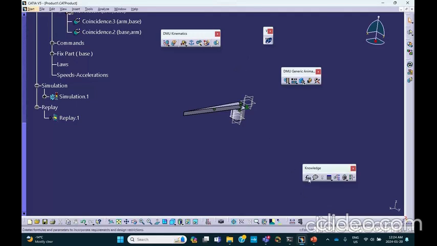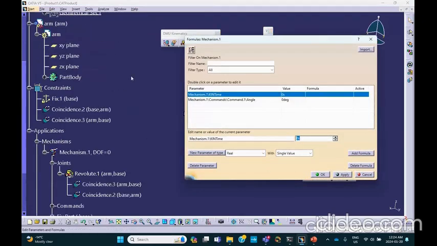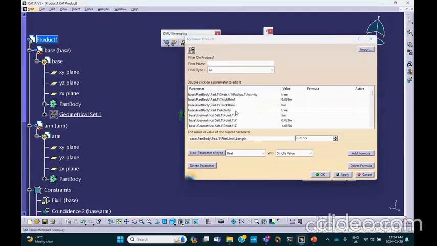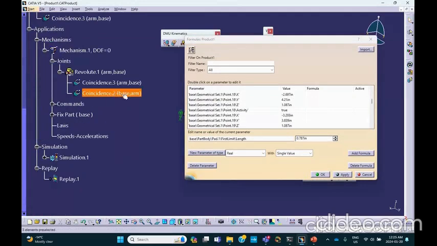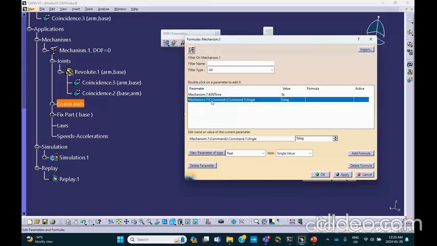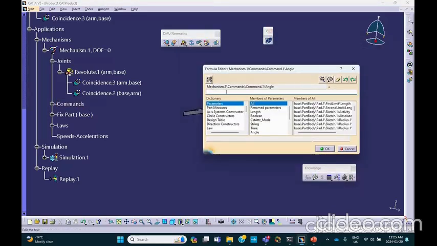So we go on to knowledge toolbar right here, click on f of x, and you get the database for the entire product. You can see everything that you have in here is reflected in this database. But if you're interested only in mechanism, you click on the mechanism, and there's really two things, time and the command. So if you select the command and you say add a formula, it says the angle equal to, remember,